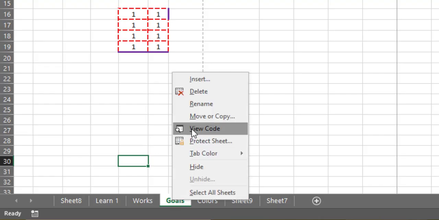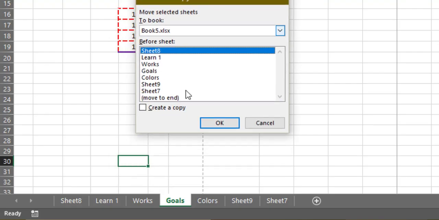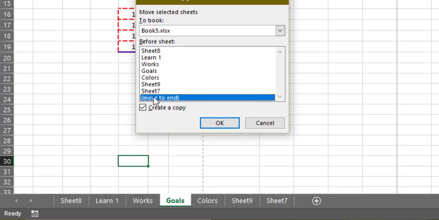Another option, while you're moving a sheet, you can even create a copy of that sheet. Sometimes you need to duplicate your sheets. You can simply do it from here. So you click this, create a copy, and let's say move to end.